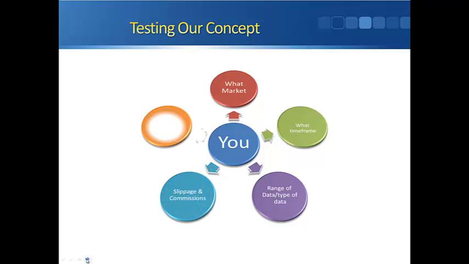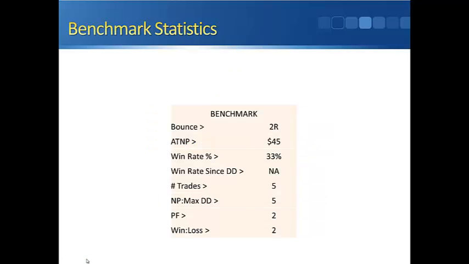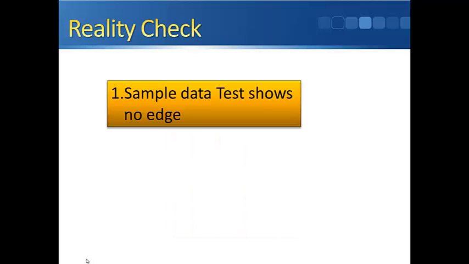Slippage, commissions, and knowing what your benchmark stats are. So that's an example of some benchmark stats there. Everybody should be fairly familiar with that from our PME, our Portfolio Manager Elite spreadsheet. We do some sample testing, as we mentioned last week. Once we do our sample test, how many trades do we have to test up first? We want at least 20. The more sample trades we've got, the better. But as a minimum, you want to see an edge in 20 trades.